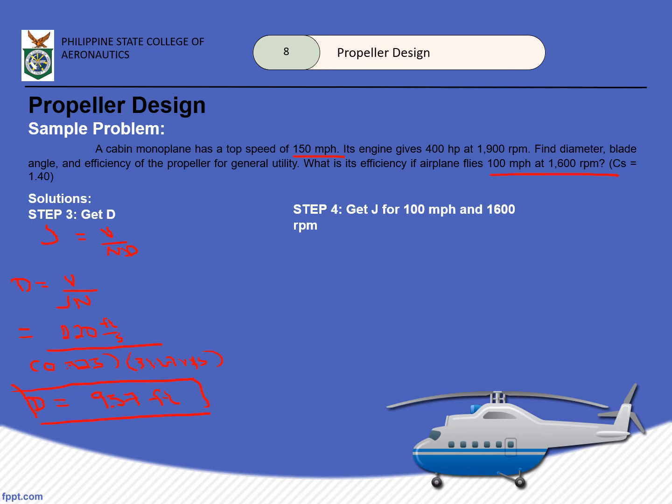So, for us to get the advance ratio, diba, we have advance ratio is equal to, again, V over ND. So, yung velocity, which is yung 100 nga, na kinonvert natin kanina, diba, naging siyang 146.67 feet per second. So, yung RPM niya na kinonvert natin kanina, which is 26.67,